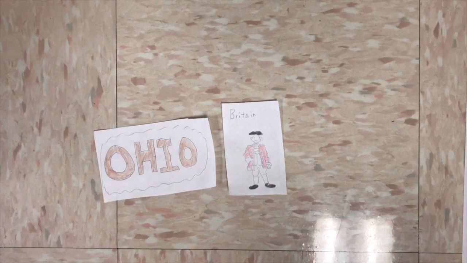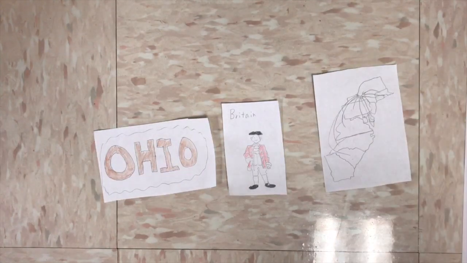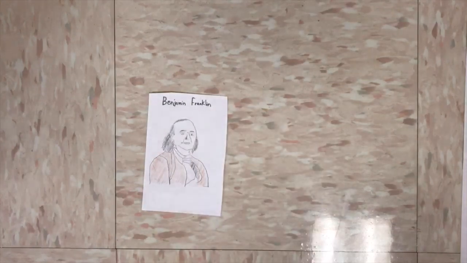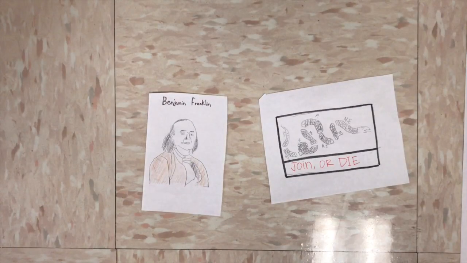We invited delegates from different colonies to meet up in Albany, so we could discuss what to do and how to win the war. This was the Albany Plan. Our very own Benjamin Franklin came up with the motto that became the cornerstone of colonial unity: join or die. This meant that the colonies can either join together to deal with conflicts or live separately and get destroyed one